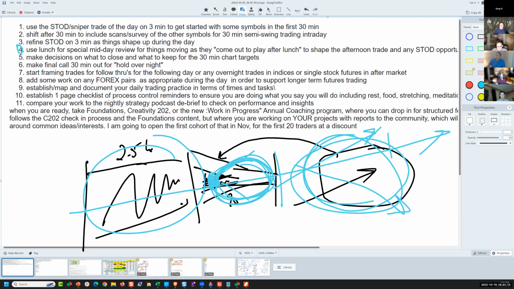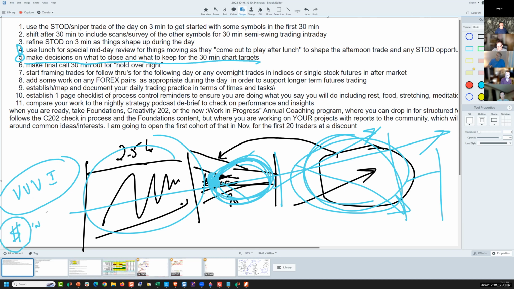In the last hour of the day, I'm making decisions on what to close and what to keep overnight from the list of 30-minute symbols. Which small handful of those am I going to keep overnight? It's either one that is very, very, very interesting, which is an inside joke, or it's got market's money in hand plus interesting,